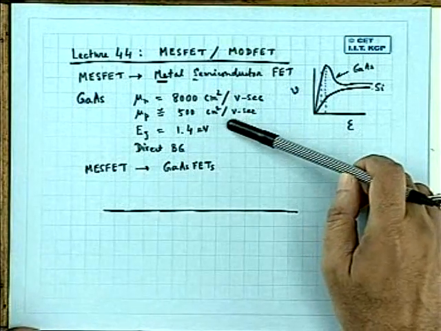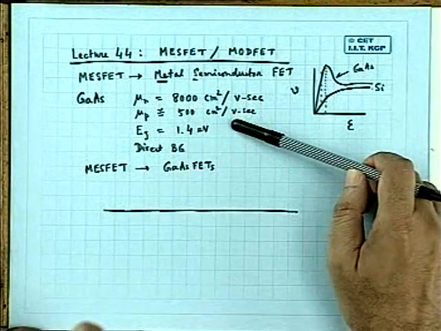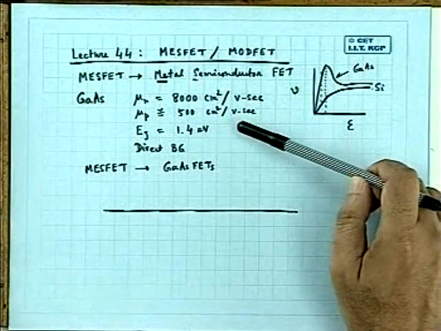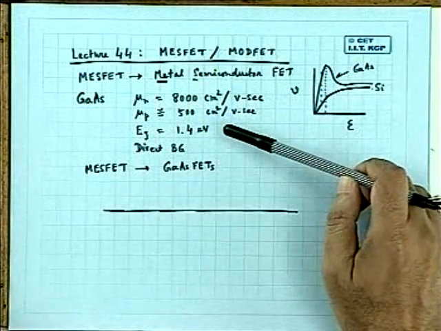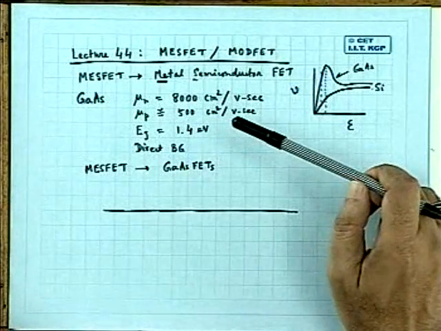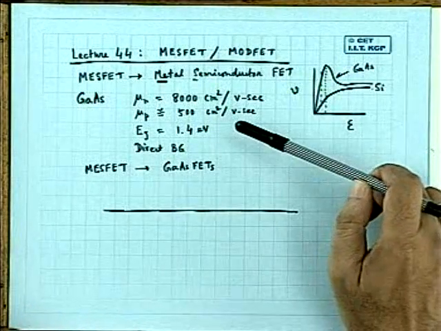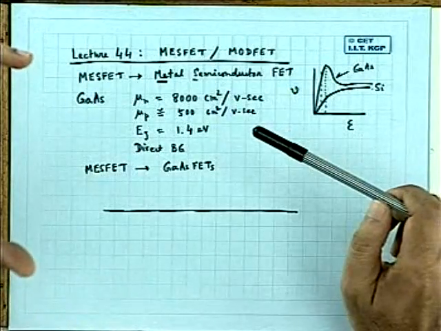But in practice, it is very difficult to get silicon wafers which have resistivity higher than 1000 ohm centimeter because of imperfections, some doping which is automatically incorporated, etc. In fact, 1000 ohm centimeter silicon is very expensive. Up to 100 ohm centimeter silicon is not that expensive. But as soon as you exceed 100 ohm and go to 1000, maximum 2000 ohm centimeter, silicon becomes